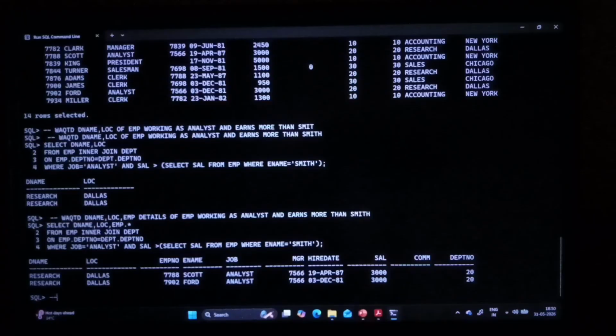One more question. Let's see if I give you. Write a query to display department number, comma, location. Leave it. First I will write ename, department number, location, of employee